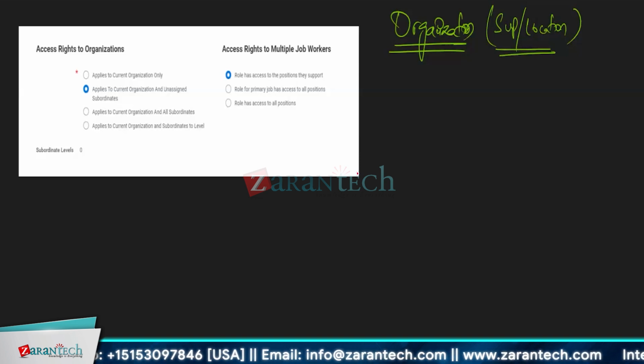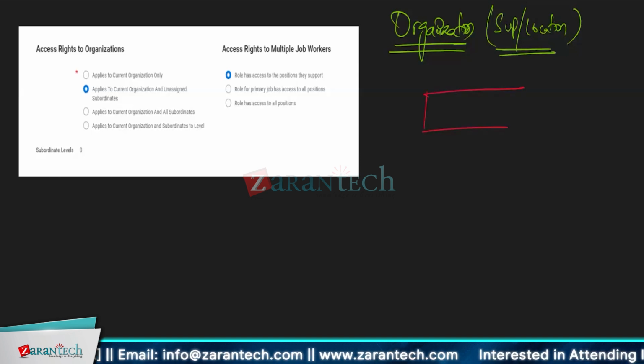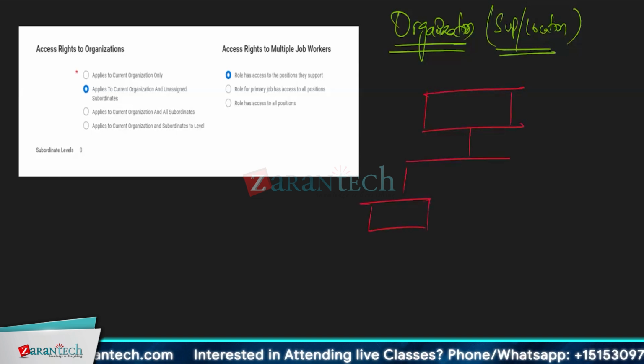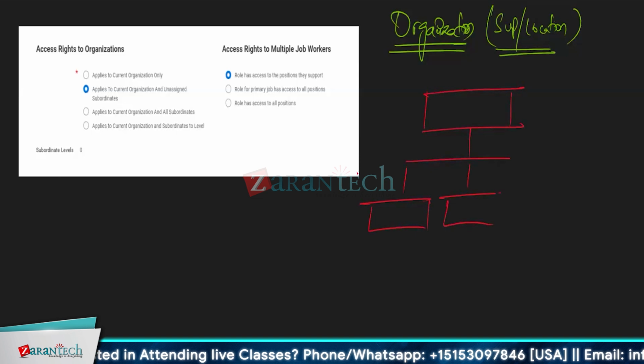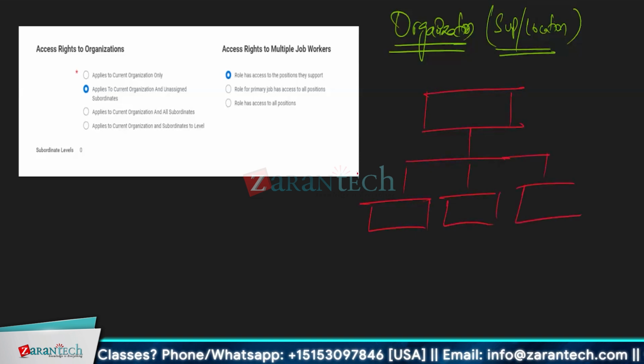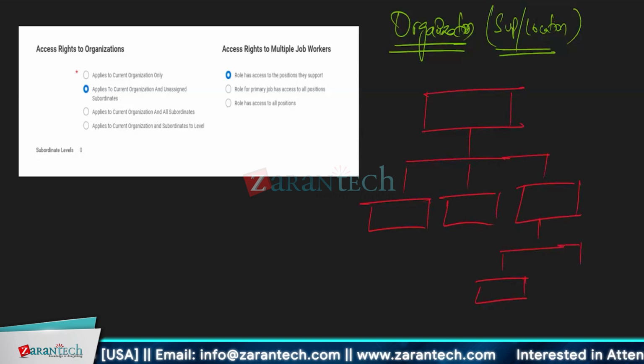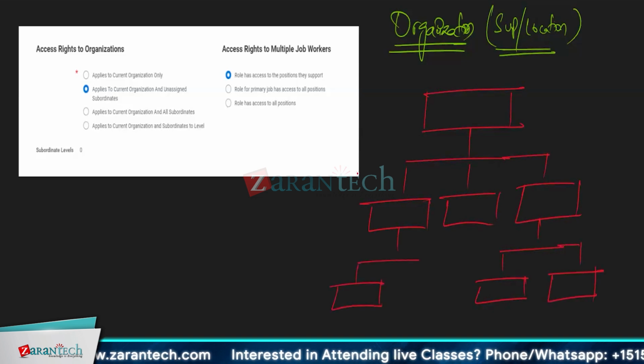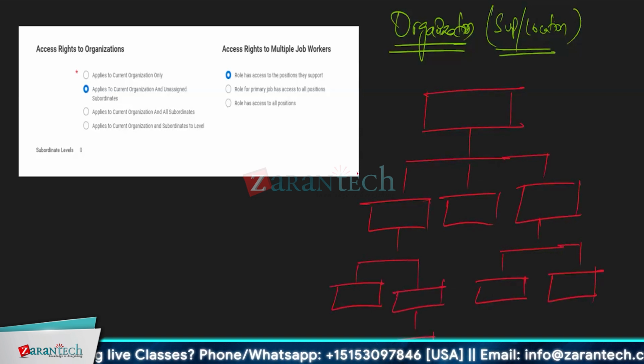So let's suppose this is an organization in Workday. So this is a supervisory org in Workday. It has a couple of subordinate orgs like this. Okay. So these are orgs A11, A12, A13,